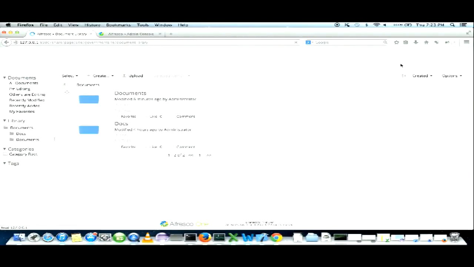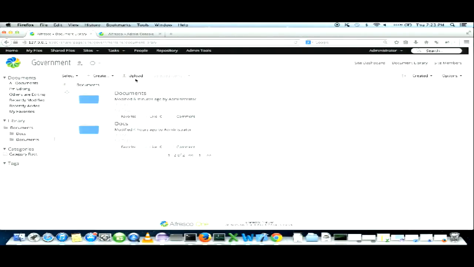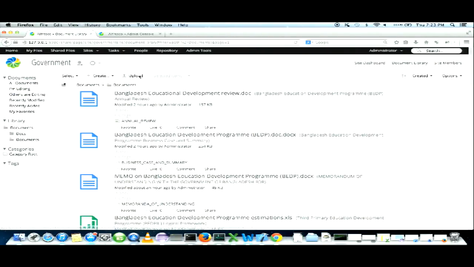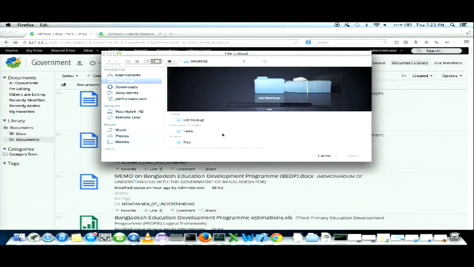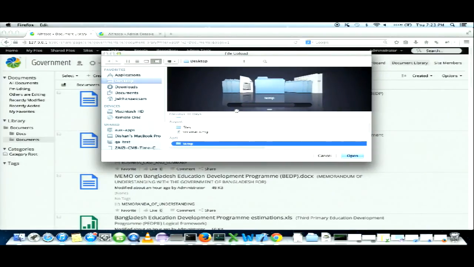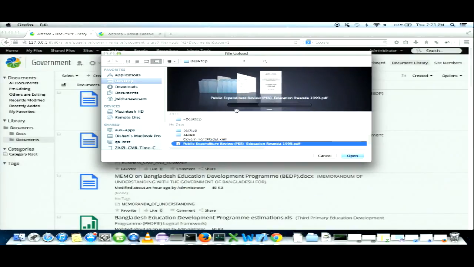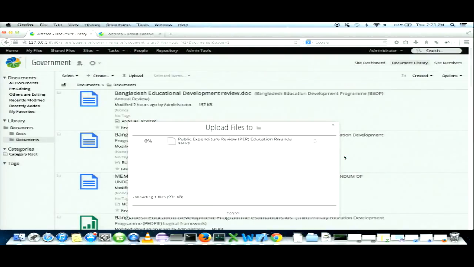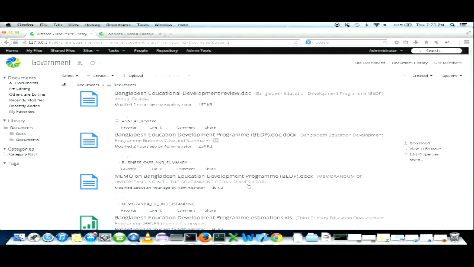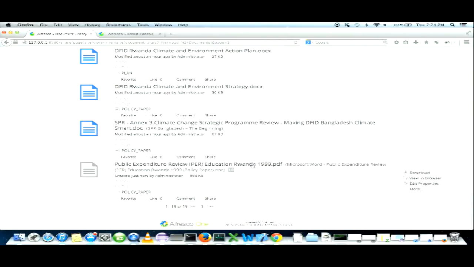So this is the government Alfresco website, and we'll see how we'll try to upload a document to the repository. So here's the document we have uploaded.